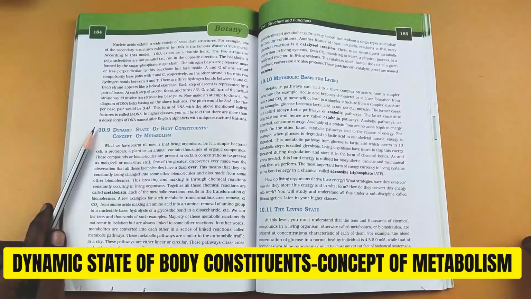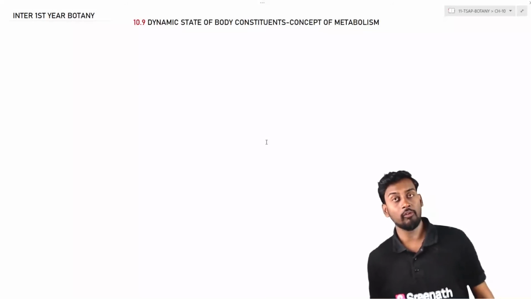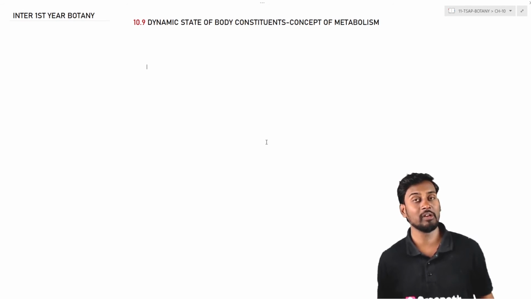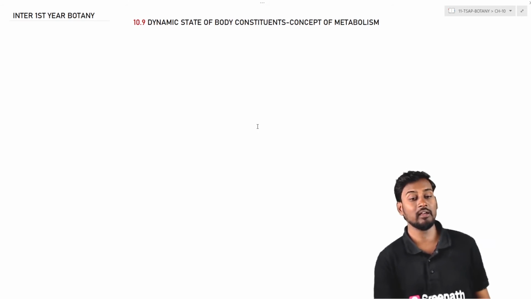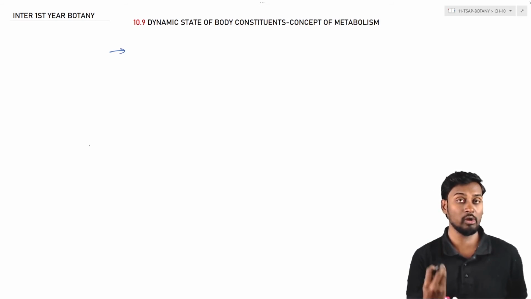So here we can see the turnover and also metabolism which is generally observed, and we can see what metabolism is and how this biochemical process is carried out within the cell. Coming to the concept of metabolism, this is also explained in terms of the dynamic state of the body. The dynamic state of the body is nothing but the concept of metabolism, where the metabolic reactions taking place within living cells or living beings are called the dynamic state. And in general, catabolic and anabolic reactions together are called